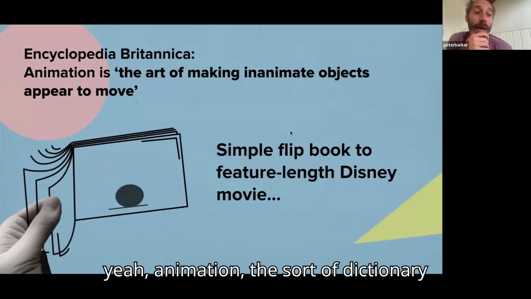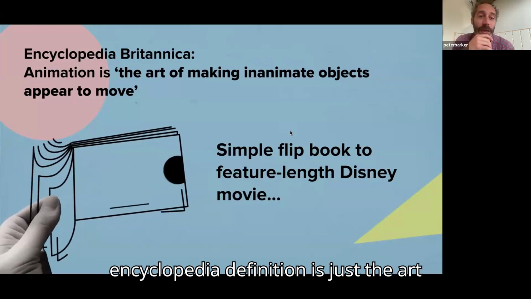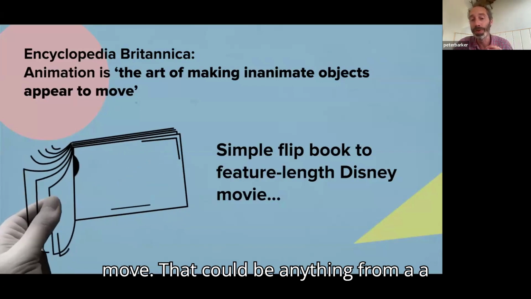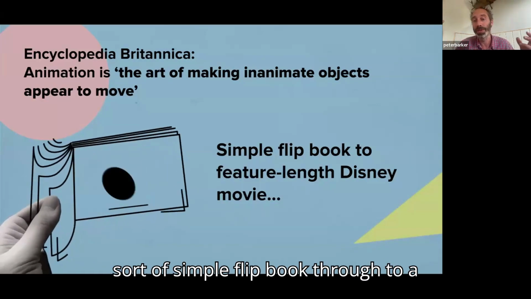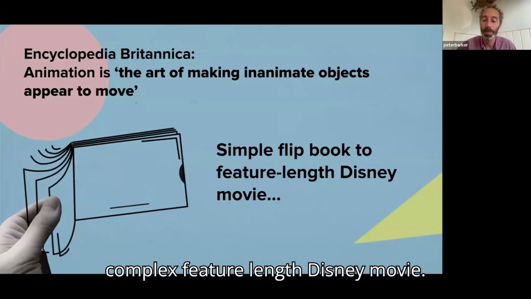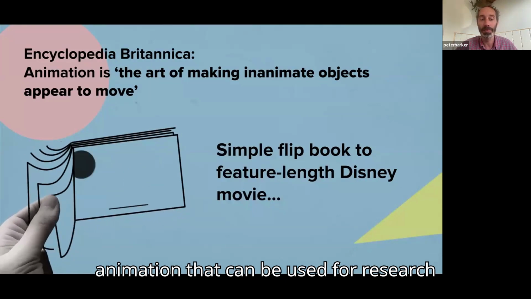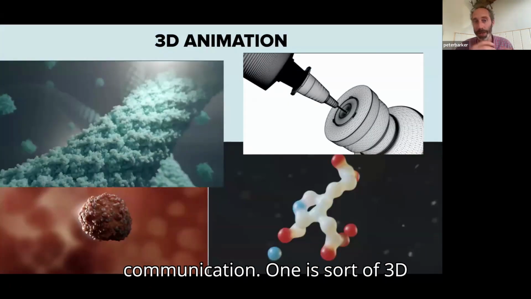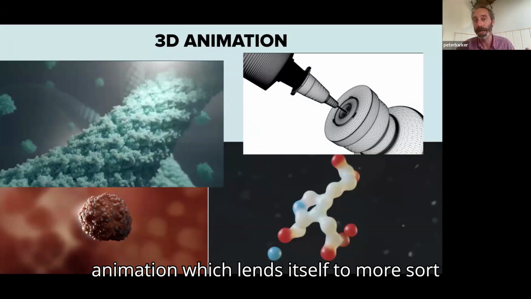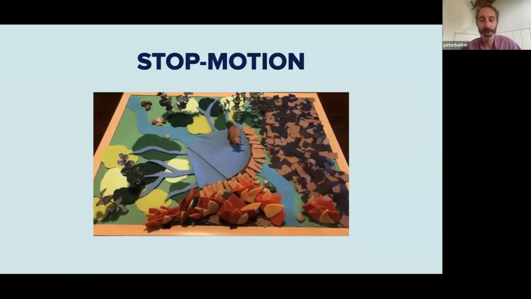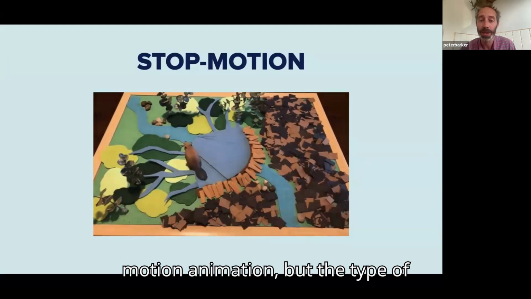So, yeah, animation, the dictionary encyclopedia definition is just the art of making inanimate objects appear to move. That could be anything from a simple flip book through to a complex feature-length Disney movie. And there are lots of different types of animation that can be used for research communication. One is 3D animation, which lends itself to more technical, scientific explainer videos. You could have a bit of fun with a stop motion animation, but